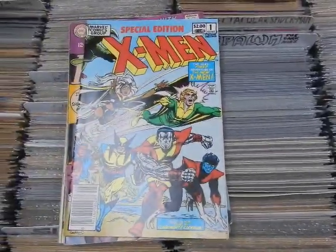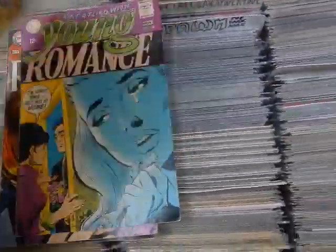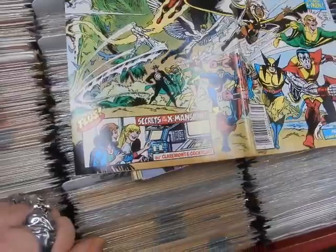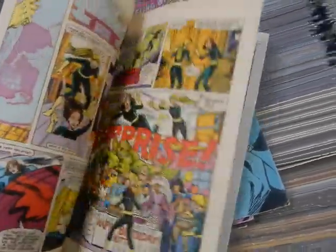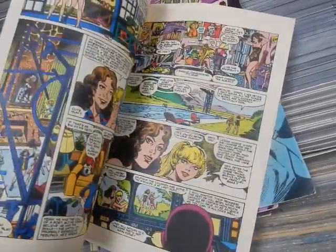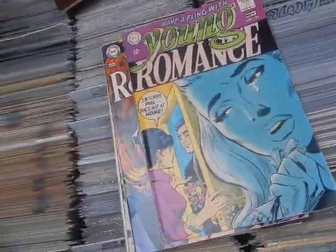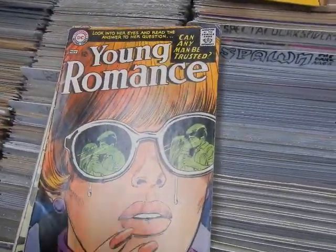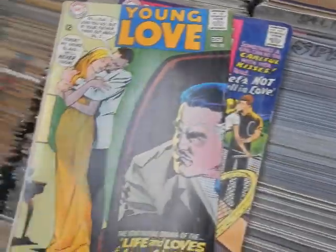229, here's a reprint of Giant-Size X-Men #1 in this here. And I believe it is also a wraparound cover. Plus, there's a brand new story, Secrets of the X-Mansion, by Chris Claremont and Dave Cockrum, with Kitty and Illyana. It was a surprise birthday party for Kitty Pryde to keep her busy. And then also we've got some Young Romance from DC, 156, 150, and then Young Love, issue 70,